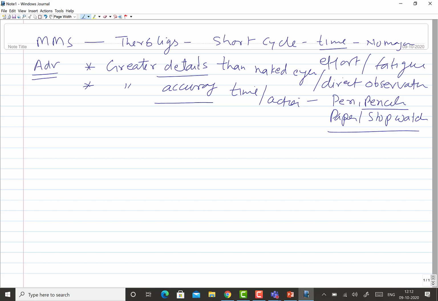Then it is more convenient to perform this study, although this kind of study method is for experts and experienced work study men. It is convenient in the sense that the job is filmed and then it is analyzed frame by frame, or at slow motion, to see what are the different things being done.